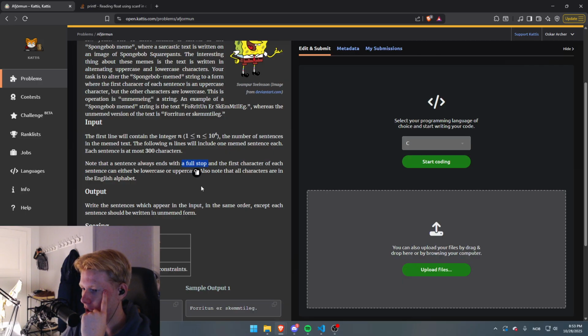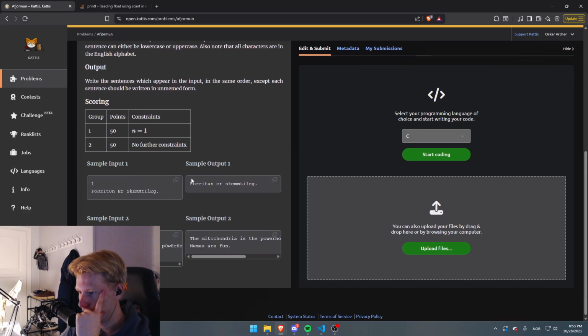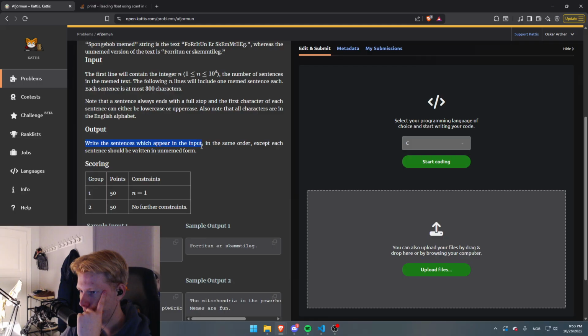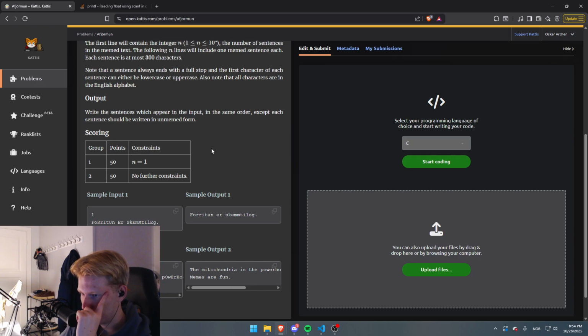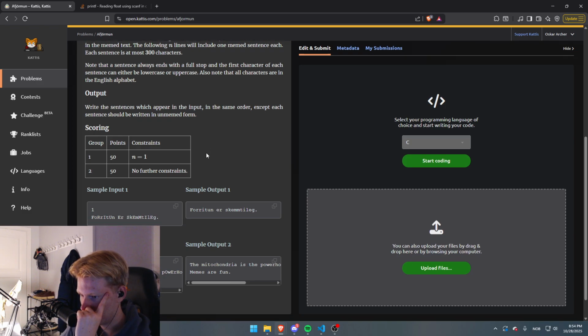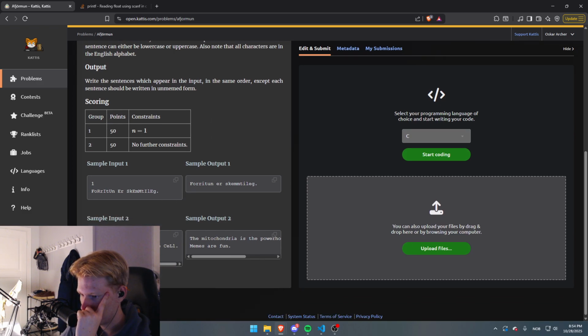What does a full stop mean in this context? I guess I'll figure it out. Also note that all characters are in the English alphabet. So here's an example. Write the sentences, which appear in the input, in the same order, except each sentence should be written in unmemed form. Okay. Yeah, I don't really know what they meant with the full stop thingy, but this sounds like a very fun